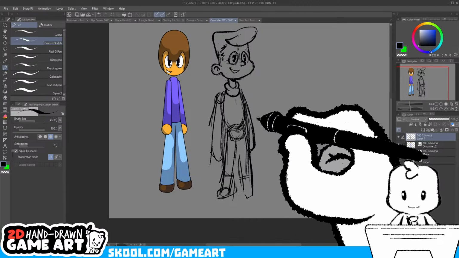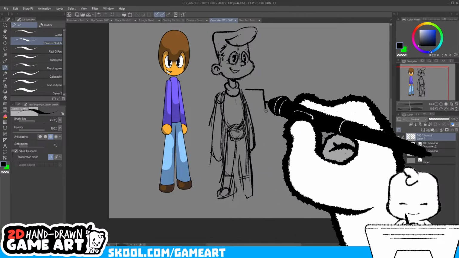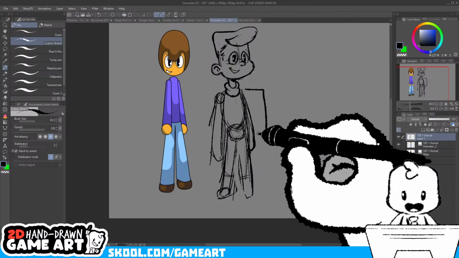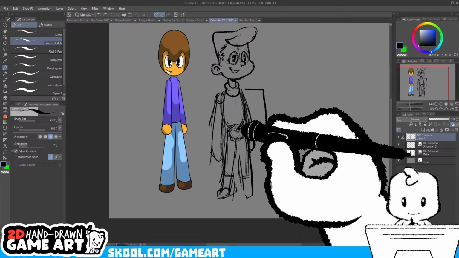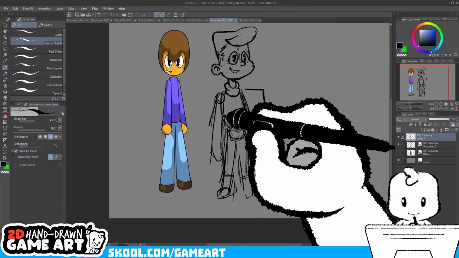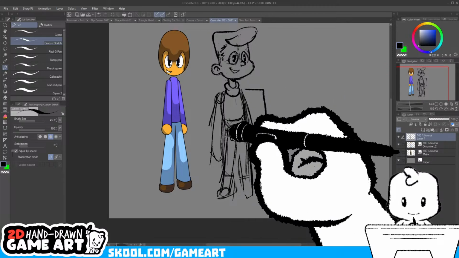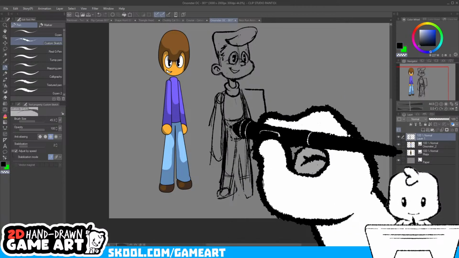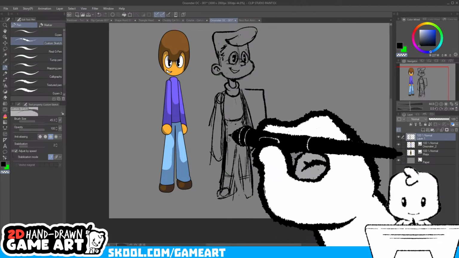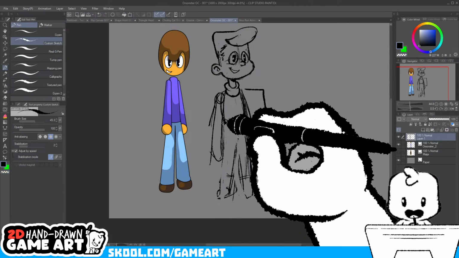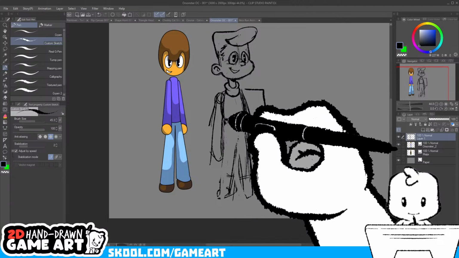Something that I don't like doing very much. These proportions feel too even for me. So what I might do is just exaggerate something. Maybe he has really long legs, like I'm trying to make him look tall. I'll just give his legs a lot of room.